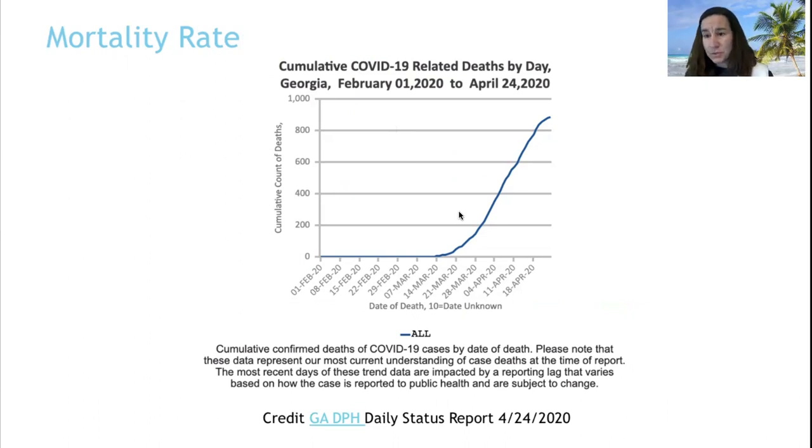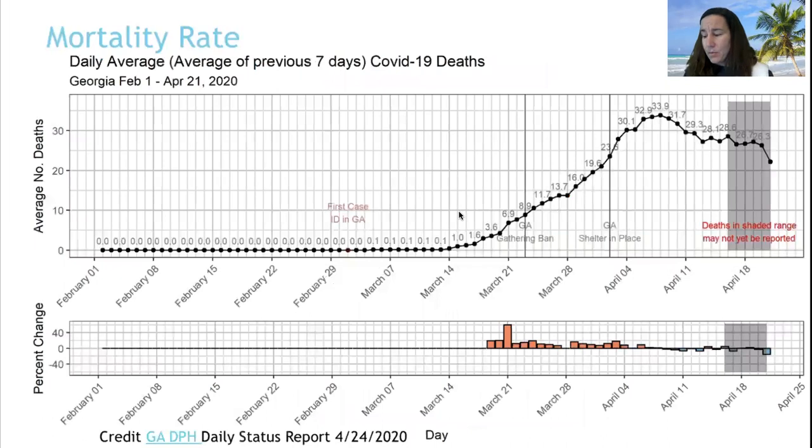So this is our cumulative in this graph. Here's our cumulative graph. So of course they're going to accumulate and the numbers are going to get higher and higher, but it looks like it's starting to taper off. I know it's a cumulative, but hopefully if we don't get any more new cases, it should plateau instead of continuing to climb. Mortality rate. So here we go. We were talking about hopefully it's going to plateau out.